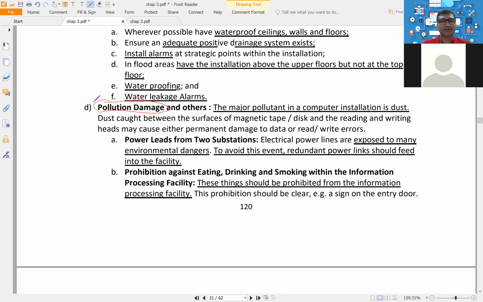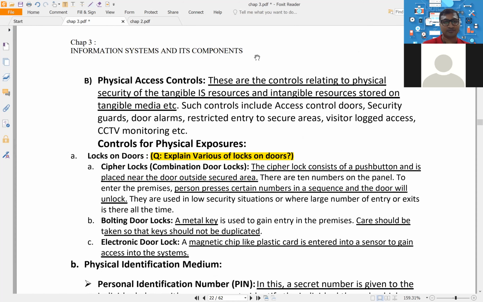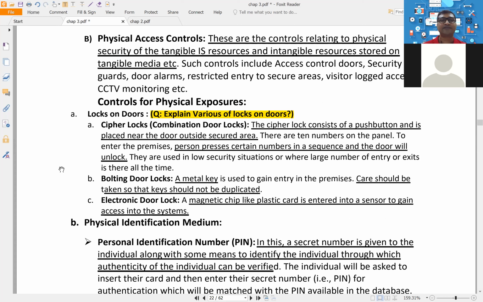Blower is nothing but something like a hair dryer. Okay. Apart from that, prohibition of eating and drinking, that we know. And you should always remember, when you are totally dependent on computers, then you should require power from two different sources, which I also explained at the time of lectures, that you should keep two power sources. Even if one power failure occurs, the power from the other source will continue and you are able to work non-stop. Okay. After environmental control, the next thing is always physical access control.